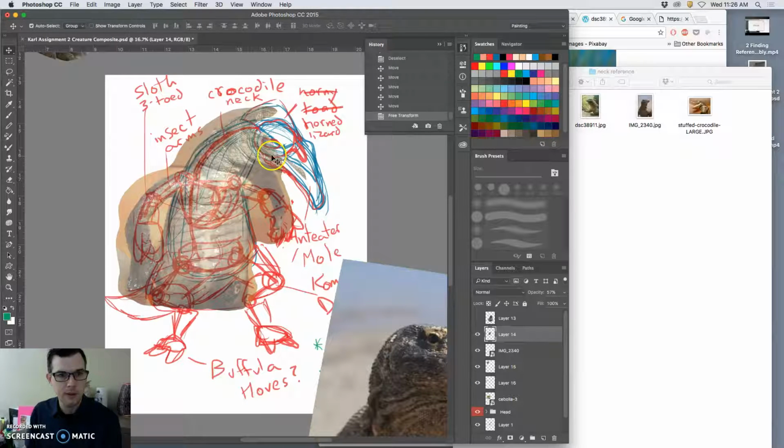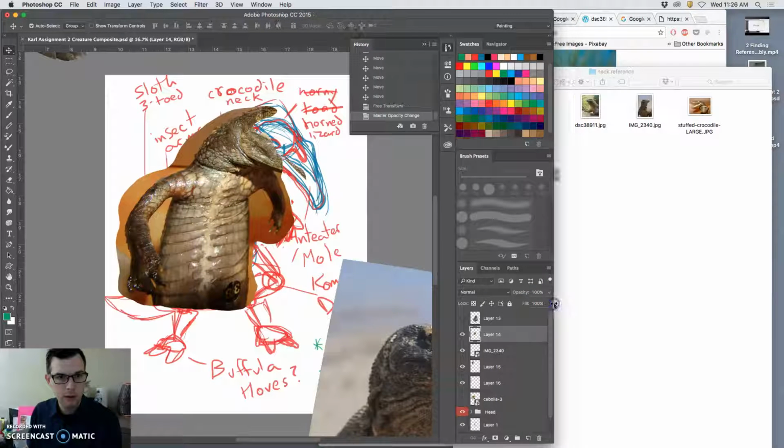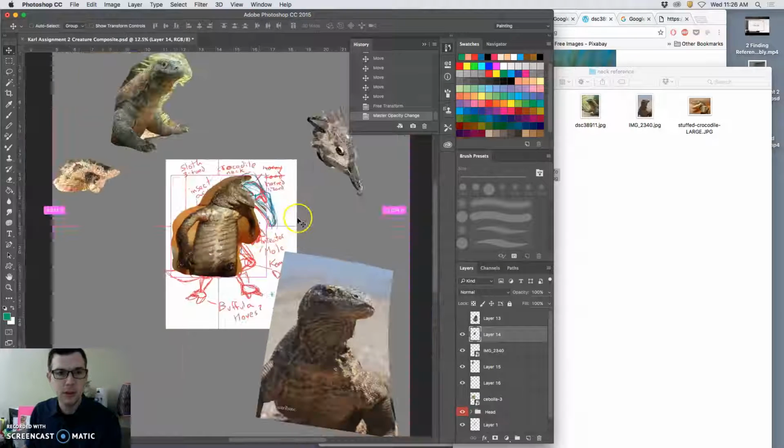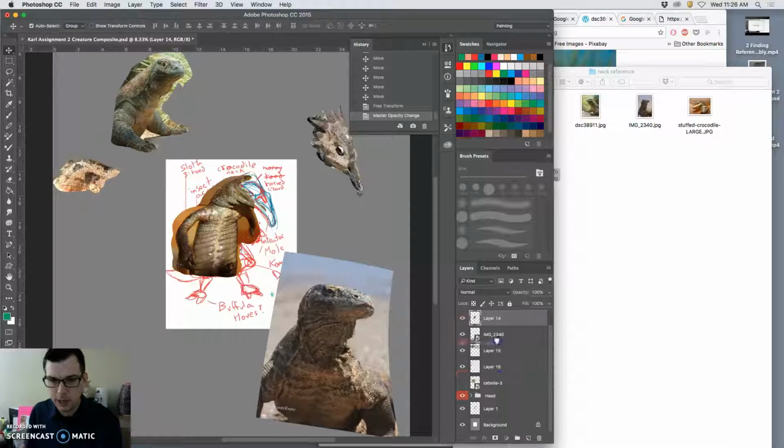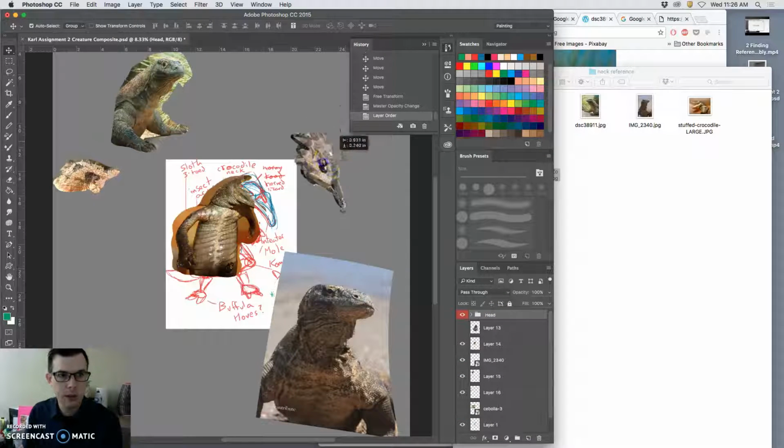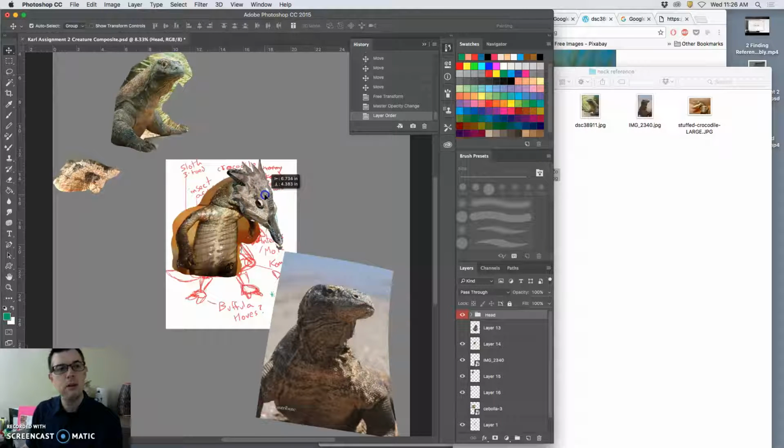And amazingly enough, that seems to work pretty darn well, especially when I add in another pelvis and some other features. Let's see how it works with my head grouping. So now I move my head group up above all of that because it's in front of this, and then I can move that on top. See, yeah, it's going to kind of